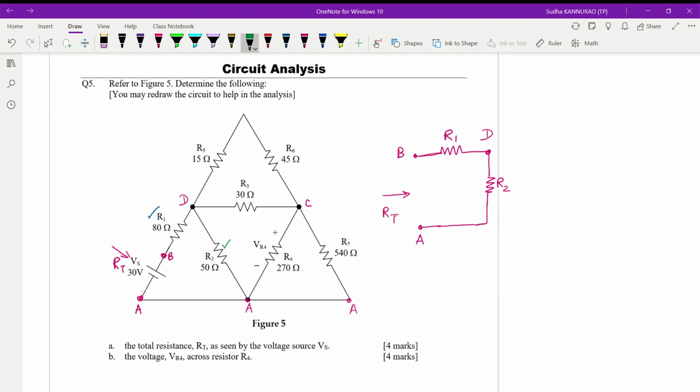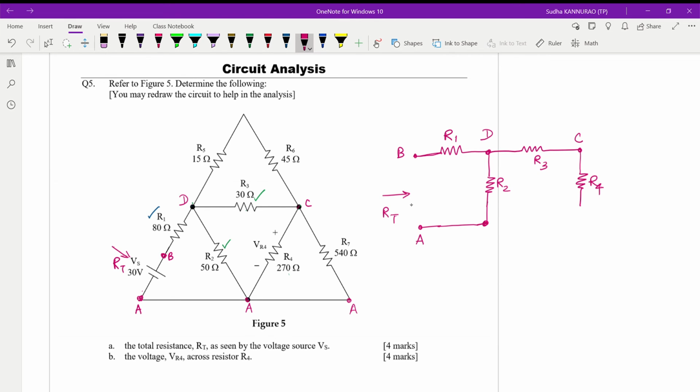Then D to another point C is R3. So from D, add the resistor R3. The other end of R3 is going to the point C. So I included R3. Then the next step, from C to A, I have a resistor R4. Where is my A?